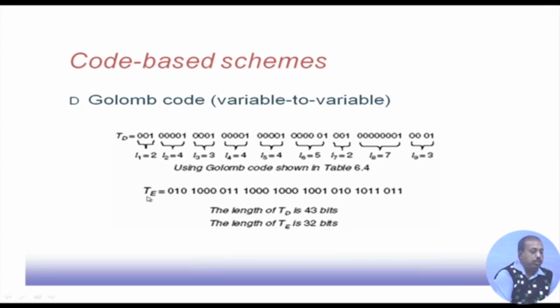So, when we do this encoding, this comes down to 32 bits. Now, this is a very common situation, and in fact, we can do many more modifications to the test pattern set. As we have already seen, the test patterns will have a large number of don't cares. So, these don't cares can be filled with 0, so that the Golomb code will be benefited, because it will find a larger number of longer run lengths of